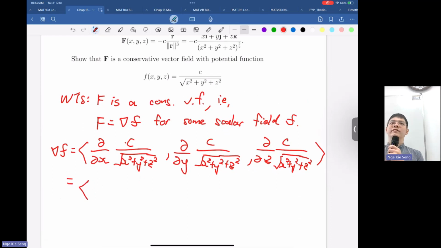The three directions should give you the same pattern. So for the first one, what do you get, Jingsen? 2x, okay, yeah, 2x over